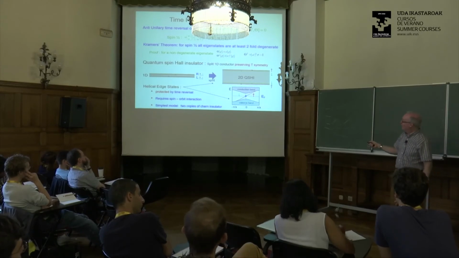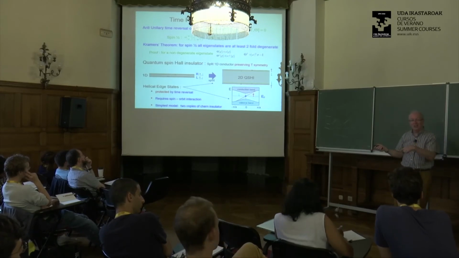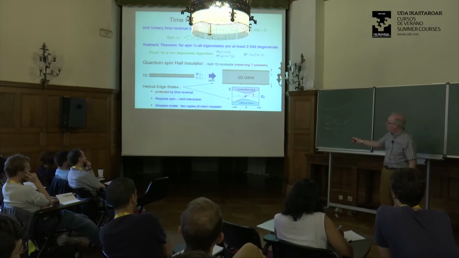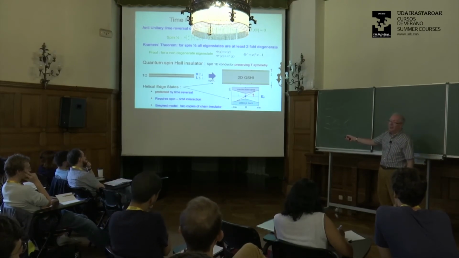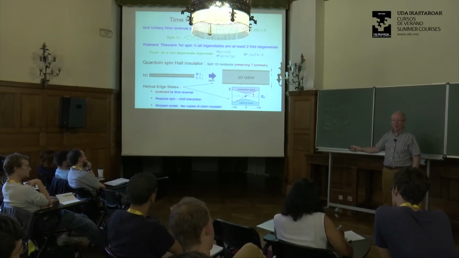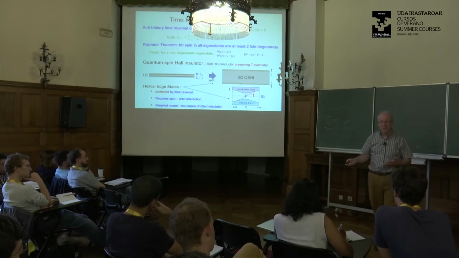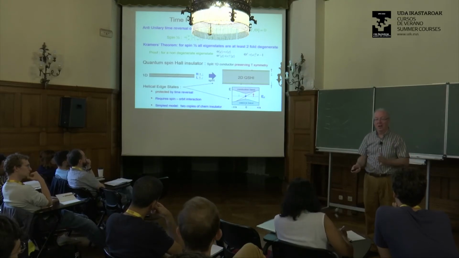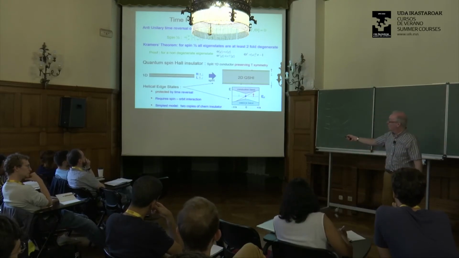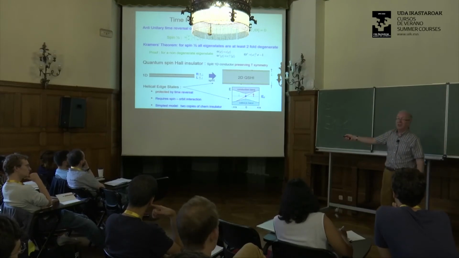Okay? If you have time reversal symmetry, then every state has a Kramer's partner at the same energy. Now, of course, if you're away from k equals 0, then this guy's partner is here at minus k. But at k equals 0, these two states that are crossing are their own Kramer's partners. Okay? And so there's no way you can get them to split. Okay? No perturbation that respects time reversal will lift this splitting. So there's a sense in which these helical edge states are protected by time reversal symmetry.